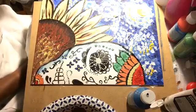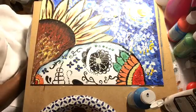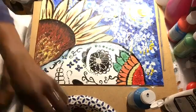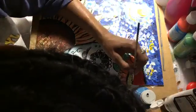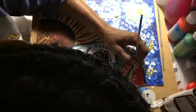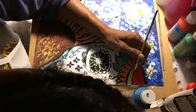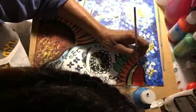Okay, I'm going to do a little tiny bit of cleanup with my black, and then we are calling this done. This is going to be done, okay? So I'm going to clean these lines up here. Put them back in, clean them up. I need more black. Oh, wow, that's really heavy. So I'm just going to clean these lines up